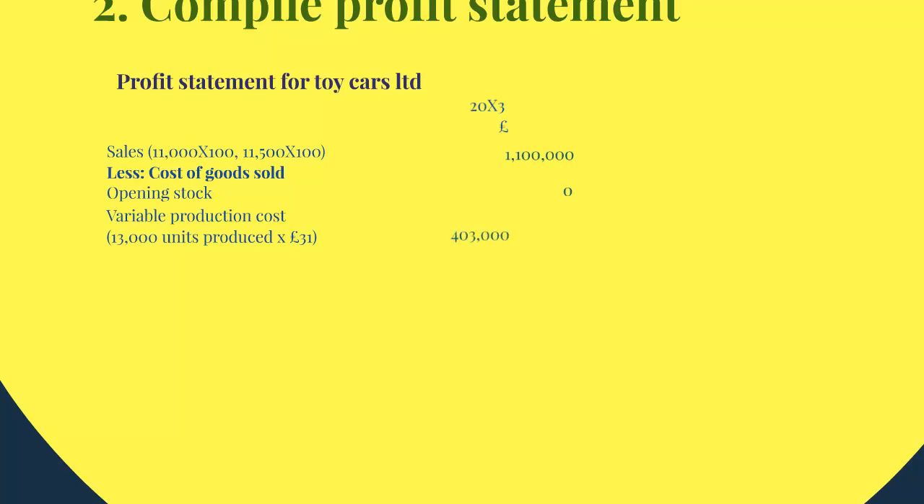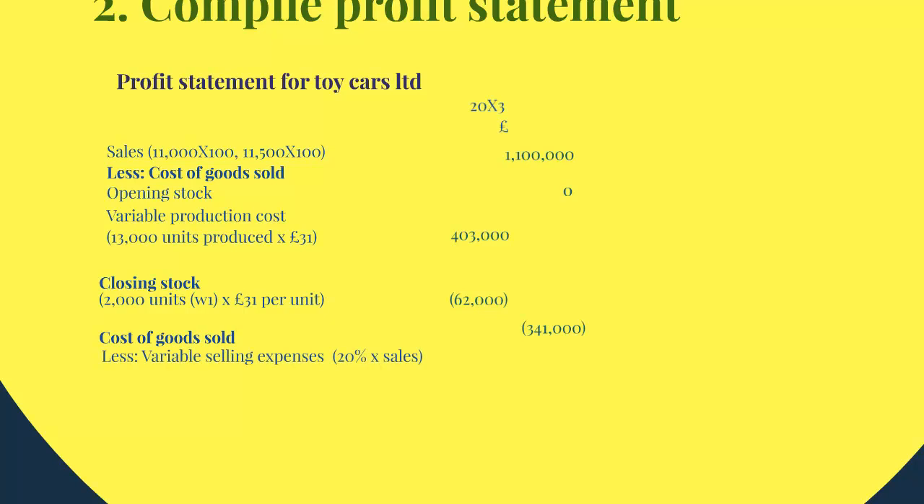It comes to 403,000. Now, again, we have to remove our closing stock, which we've calculated at 2,000 units, and we'll go through the stock calculation in a minute. So we've got 2,000 units at closing stock, £31 per unit to deduct, which comes to £62,000. So the cost of goods sold, once we deduct our closing stock from our production cost, gives us